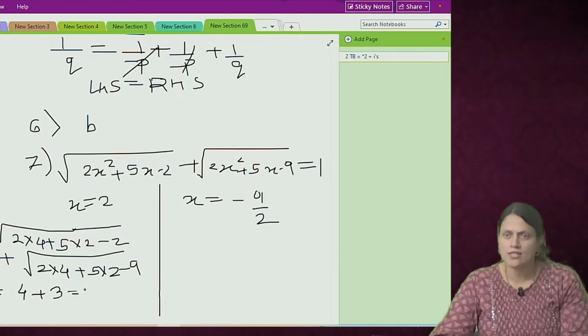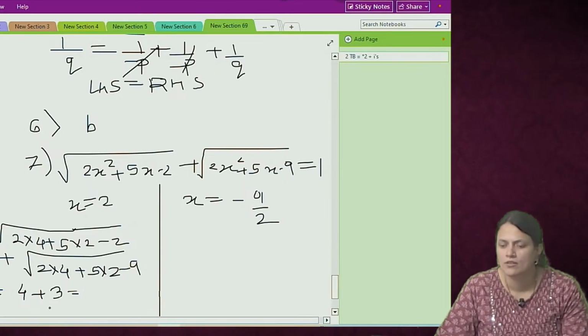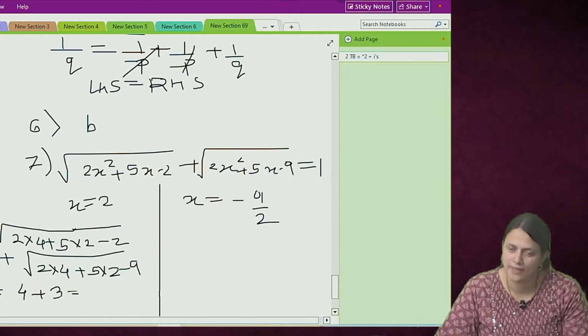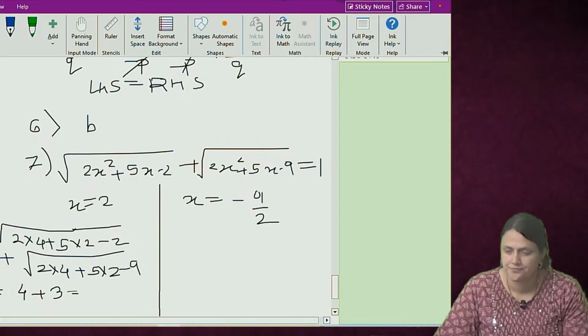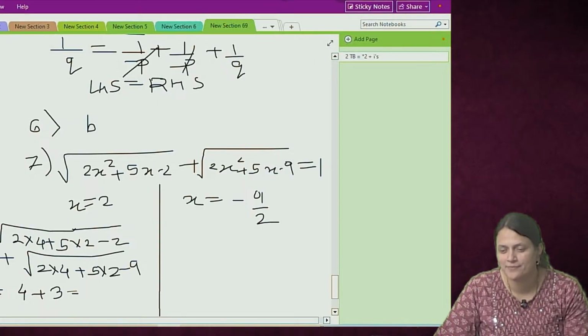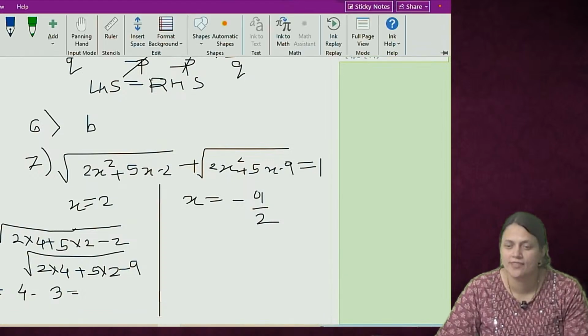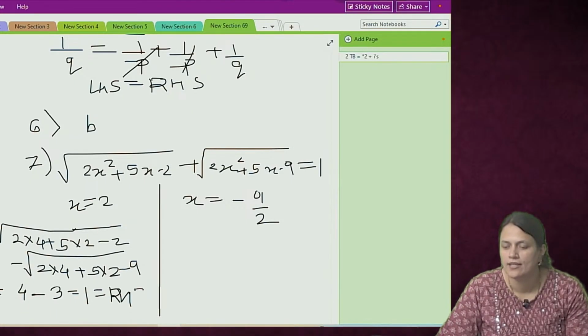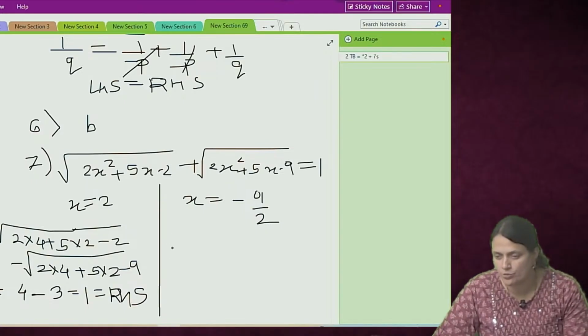This is the correct option. मेरा दिखने में माइनस है, यहाँ पे माइनस है, यहाँ पे भी माइनस है. So 1 आया which is nothing but equal to RHS, and then when you substitute it over here,